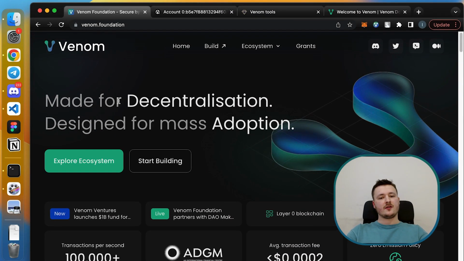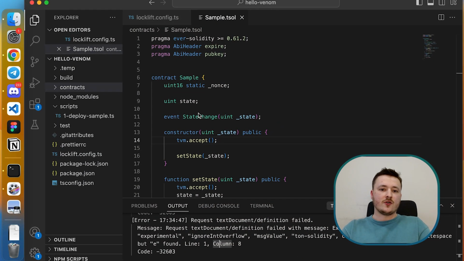Hello everyone, this is the third Venom developer introductory session, and today we are going to dive deeper and get our hands dirty with smart contract development. But firstly, let's recap what we had in previous session as a result. So we have our contract, we deployed it to testnet,